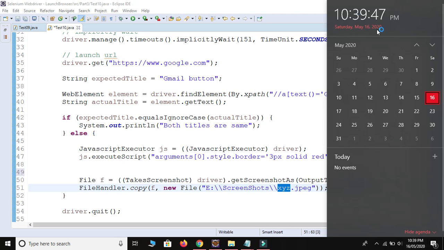Store the file with this date and time format, so it will be different for each and every second. If you take the screenshot at 57, the next time it should be 01, 02. Each and every time the name of the file should change, so there is no override.